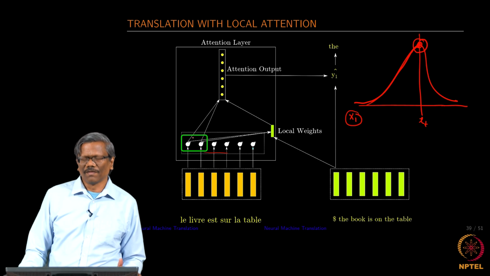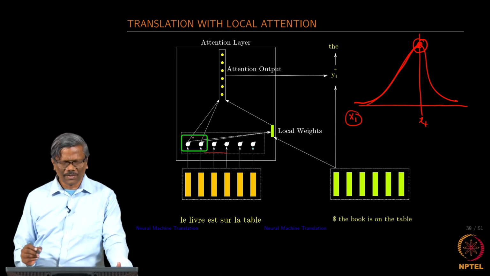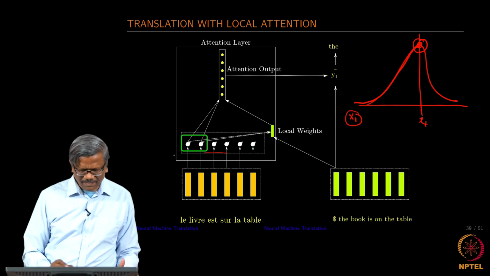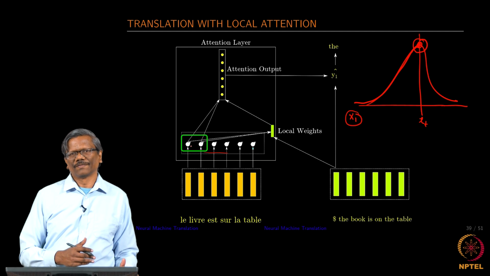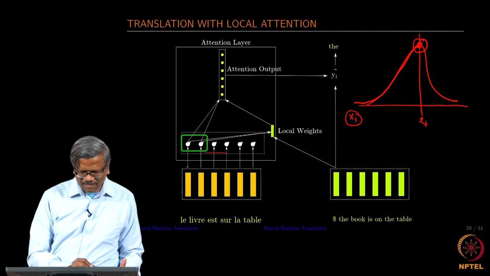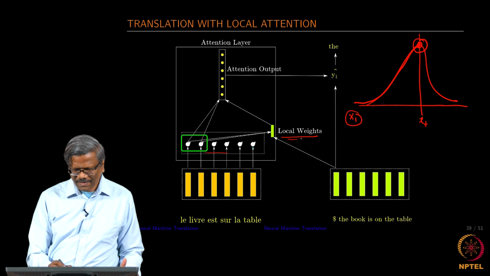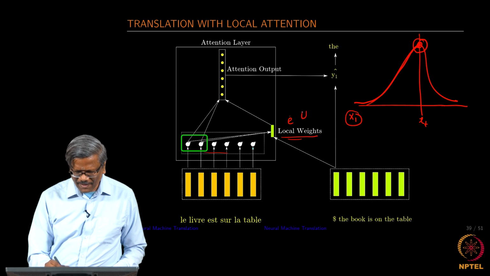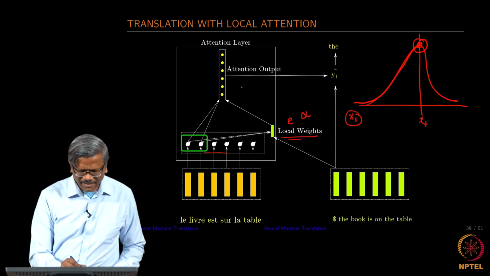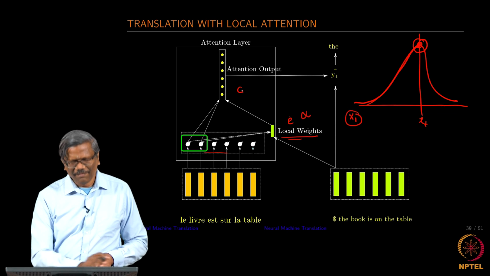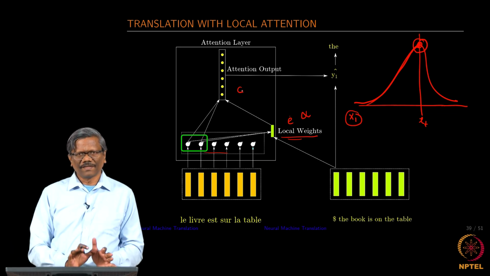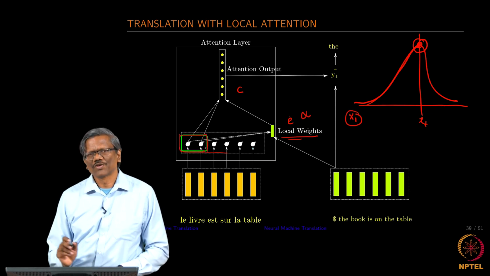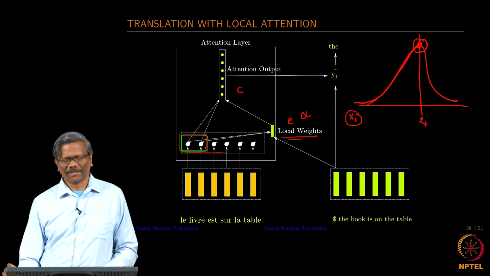That is where the local weights come into play. Instead of looking at every piece of information that is coming in, only look at what I need. In this case, again the local weights are computed, the alpha or E is computed in the same fashion, and then the context is computed in the same fashion. Everything remains the same. The only modification is that we only look at this portion of your Ht and not everything else.